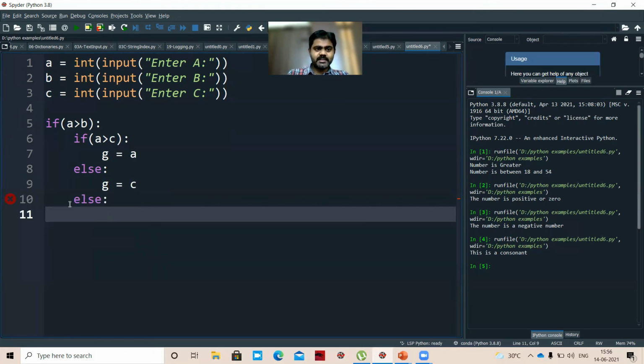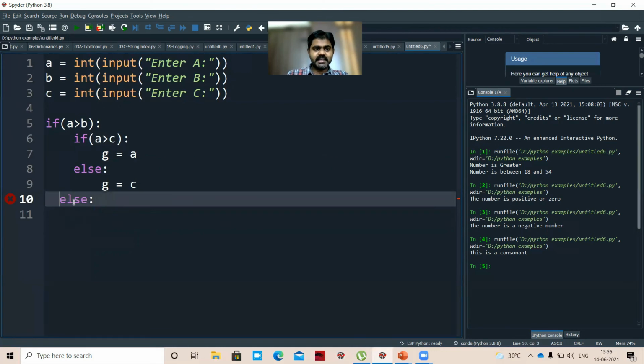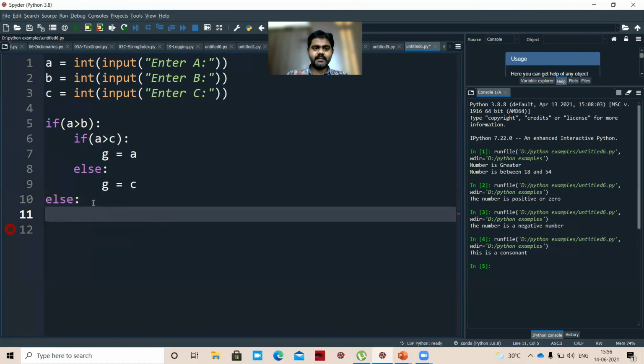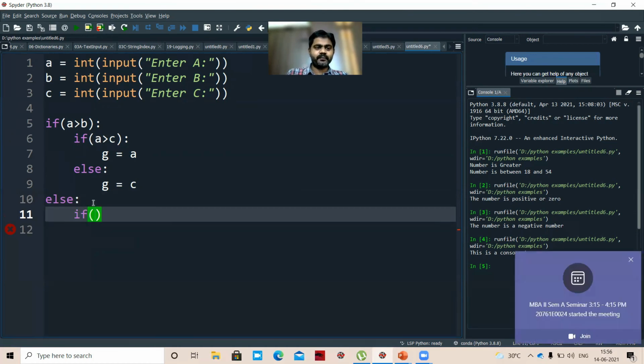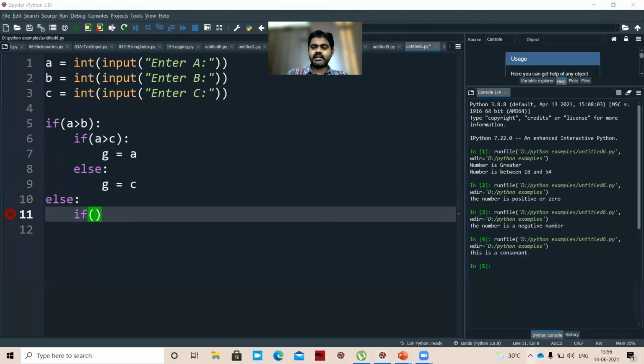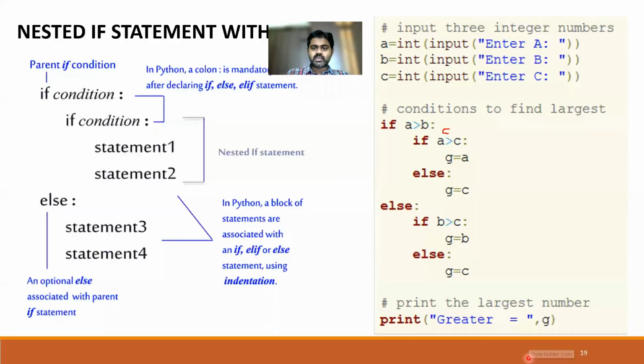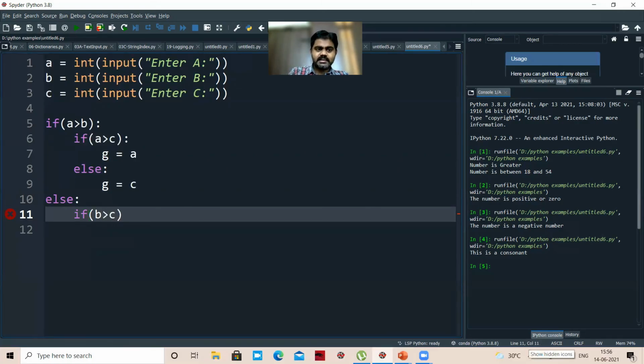So this else part should be for this if. You can see the red mark will be gone. So this else part is for this if. So this is a nested if, an if within if. Coming to the else part, again we will check a condition. So what condition are we checking here? If B greater than C,